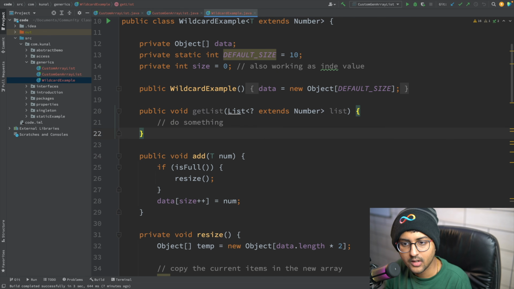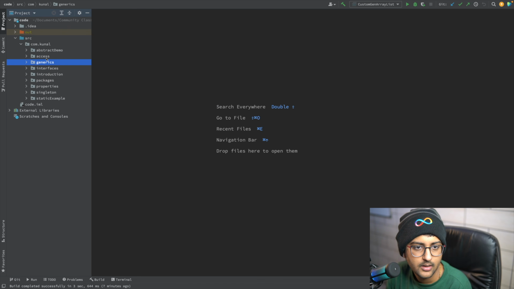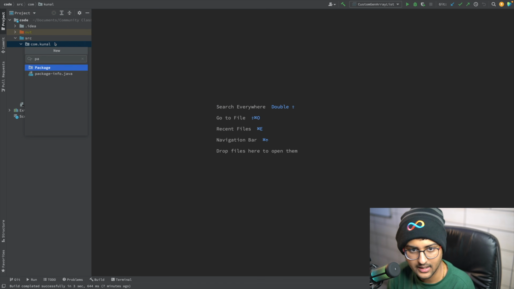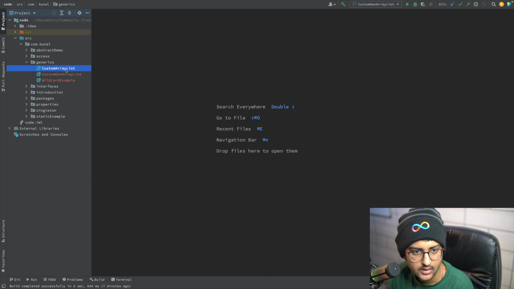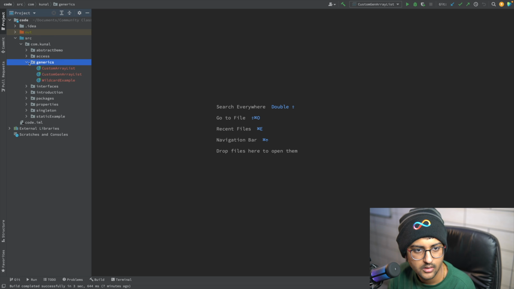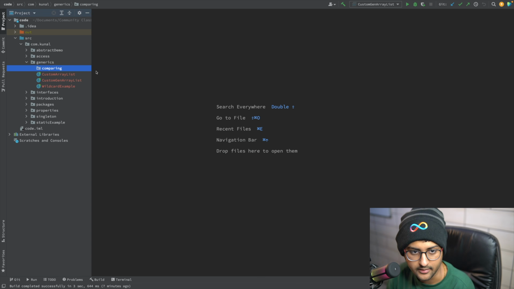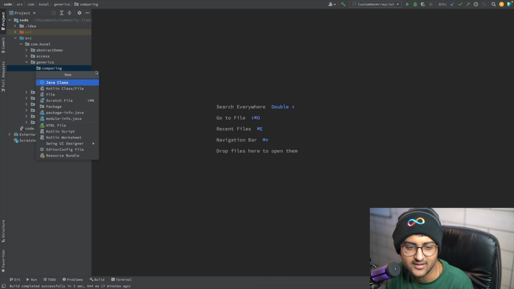Let's move forward. Now one more thing I want to show you is how you can compare objects. So for example, create a new package. Oh no, I'll just put it over here as well. I can just make it outside, no problem. Inside this only, no problem. Package comparing, how we can compare. You should not compare yourself with others, but we are here comparing objects, with comparators and stuff.